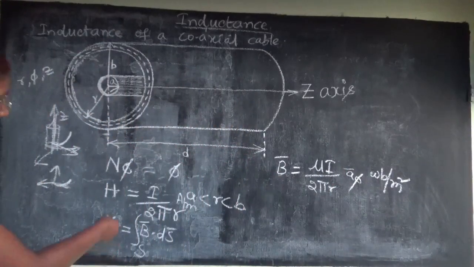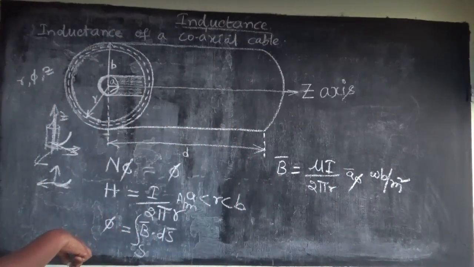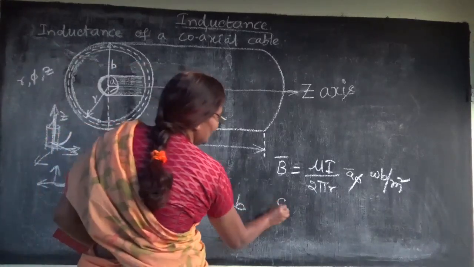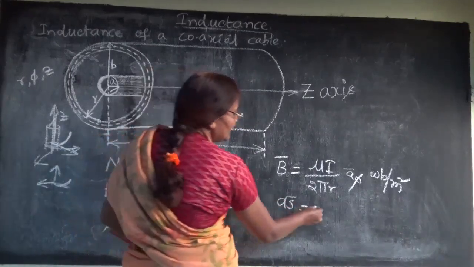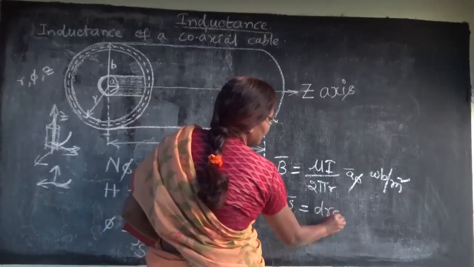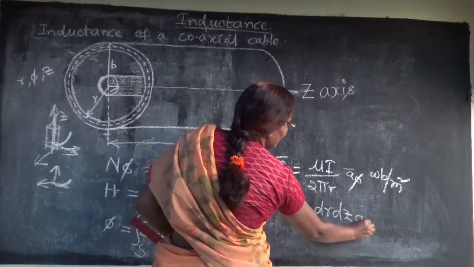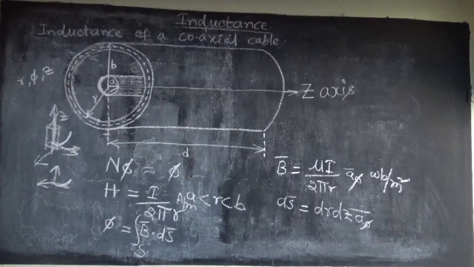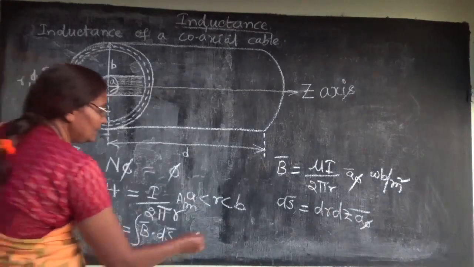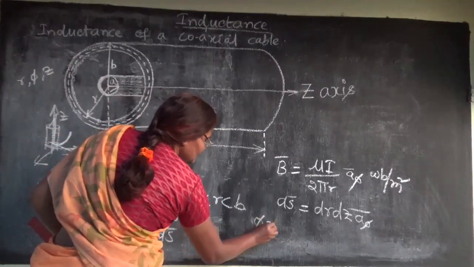సో వాట్ ఈస్ ద ప్లేన్? ఏ ప్లేన్లో ఉంది అది, ఏ ఏరియాలో ఉంది అంటే, యువర్ dS bar ఈజ్ గోయింగ్ టు బి ఏమవుతుంది, dr dz a_phi bar. యువర్ ఏరియా ఈజ్ గోయింగ్ టు బి dr dz a_phi bar. సో వాట్ ఈస్ యువర్ phi then? Phi is equal to